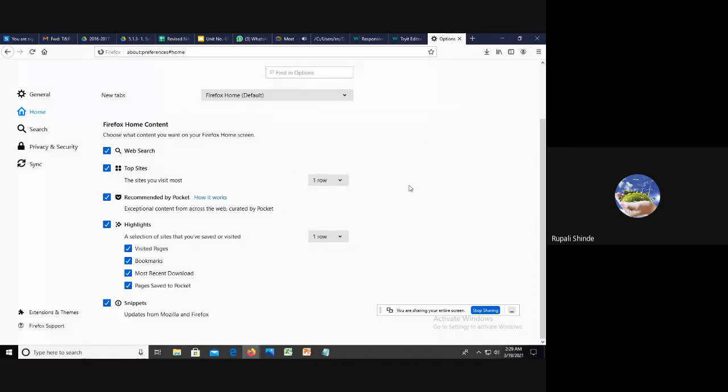Okay, you can check it. You can search the orientation option of the browser. Accordingly, you have to change the orientation. But by default the orientation is landscape.